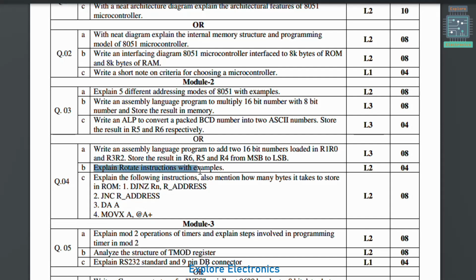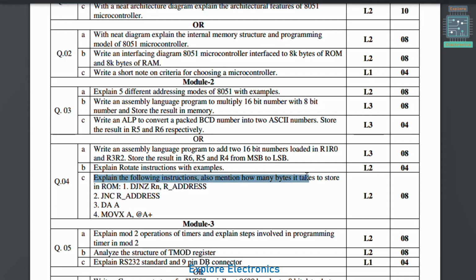Then comes rotate instructions with examples. You can also get questions like other instructions of the microcontroller. So instruction set is very important and also addressing modes are very important, and one program you can expect easily in this second module. And you can see here 4C: explain the instructions and also mention how many bytes